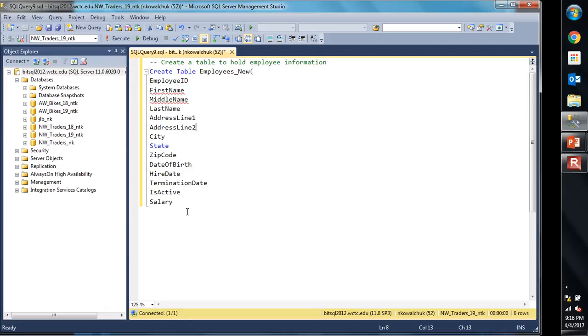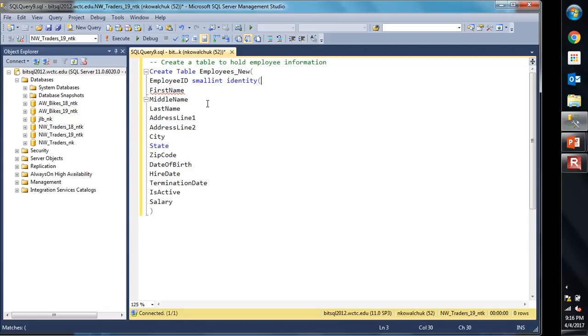Okay. So open parenthesis at the top, close parenthesis at the bottom. For each column, we have to specify a data type. So employee ID is going to be our primary key, which means we should pick an identity, which means we have to pick some sort of integer. We could go with an int. If this is a smaller company, we could go with a small int, because we're not going to go over 32,000 records probably. So I'm going to define this as a small int